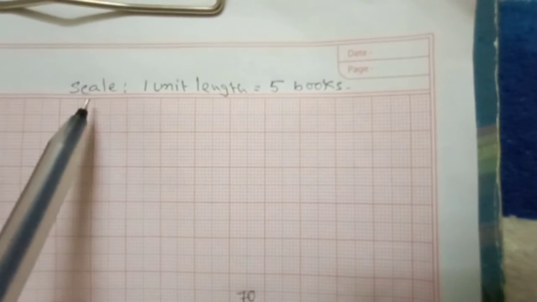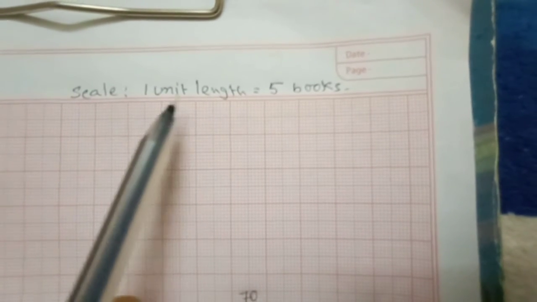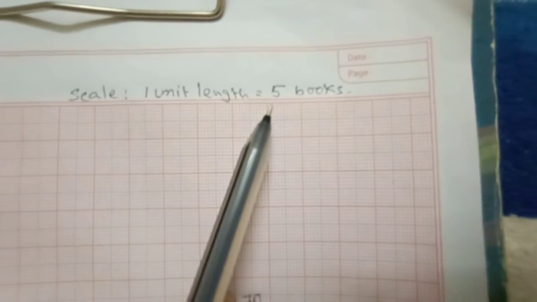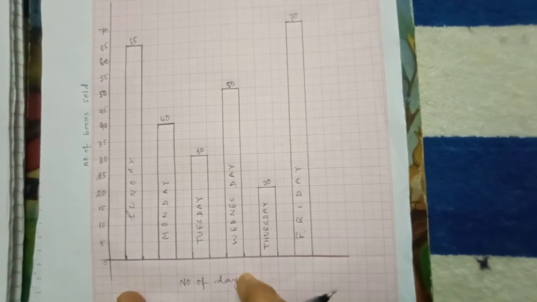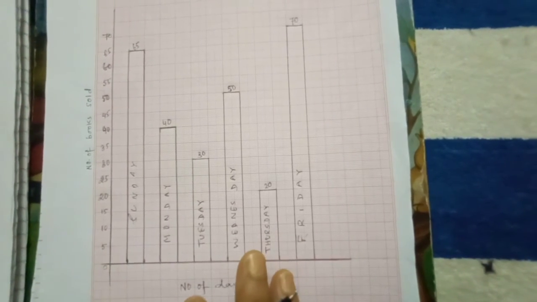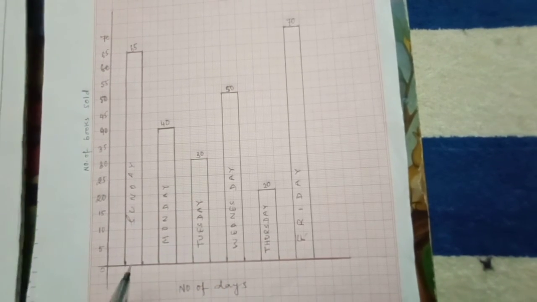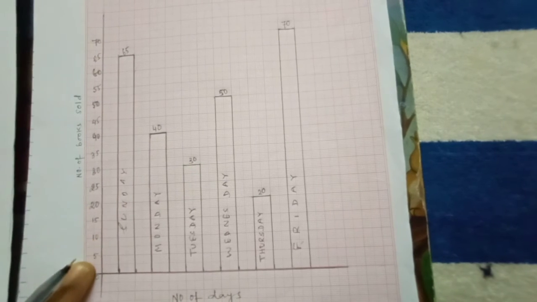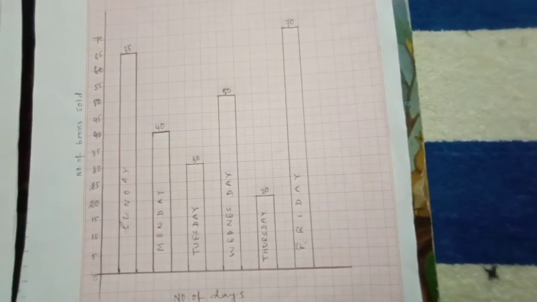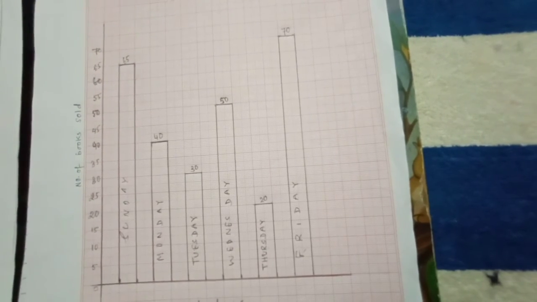Here I have chosen the scale: 1 unit length is equal to 5 books. I have told you before also, 1 unit length is equal to 5 books. In this way you have to draw the graph. If you have graph paper, you can use graph paper. If you don't have, then you can draw the graph on any page, ruled page or white page also. But the scale you have to make with a proper gap, and the bars also, and the gap between them also you have to measure with